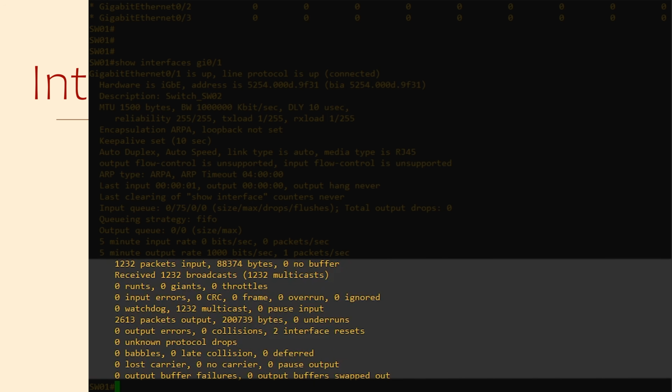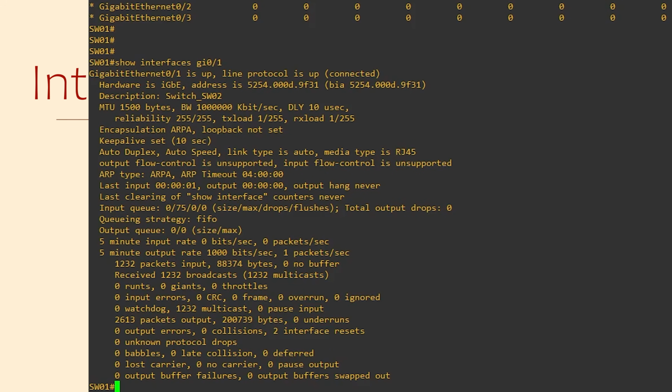Runts are packets that are discarded because they're too small. That is, less than 64 bytes. This is generally a byproduct of collisions, so once again, look out for hubs or cables that are too long. Giants are packets that are discarded for being too big. That is, if the frame is bigger than 1518 bytes and it can't be fragmented for some reason. CRC means the checksum on the frame has failed. This could be because the frame is being corrupted somewhere, or there's a bad cable, or the cable is too long, or there's interference from an outside source.